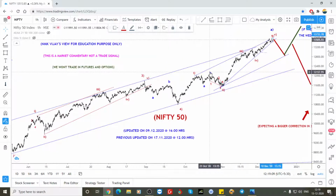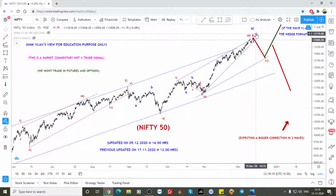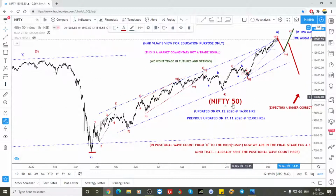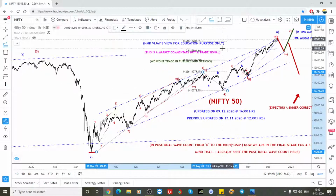So that is one view. The other view is the third ended here, which means the fourth has to come as a three-wave structure nearly in the 12,850 range, and again one more high is also possible. If the fourth and fifth go around 13,800, we need to rearrange this count, because as per Elliott waves, for wave 0 to 3 the rejection for 4 is exactly 61.8, where we are. So from here it has to get rejected, and if it went nearly to 13,800 to 14,000,